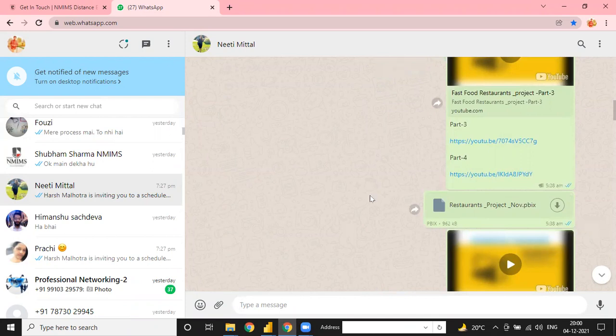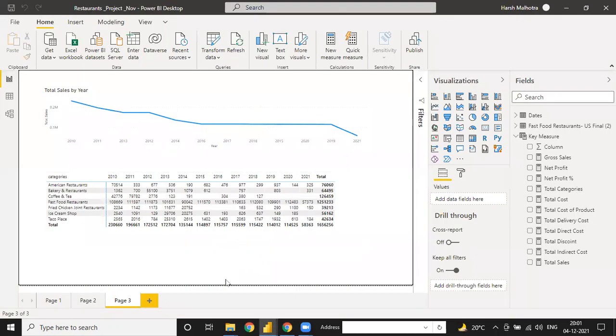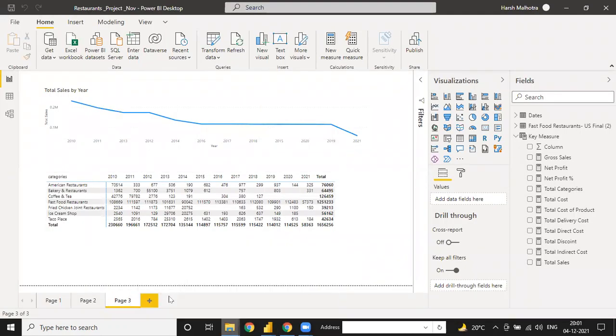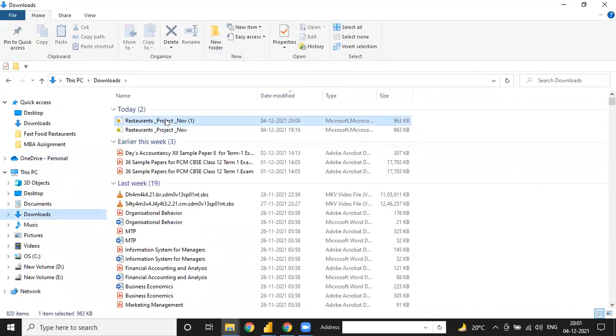First you have to open your WhatsApp on your PC or laptop and click on this download button. Okay, your file is downloaded.